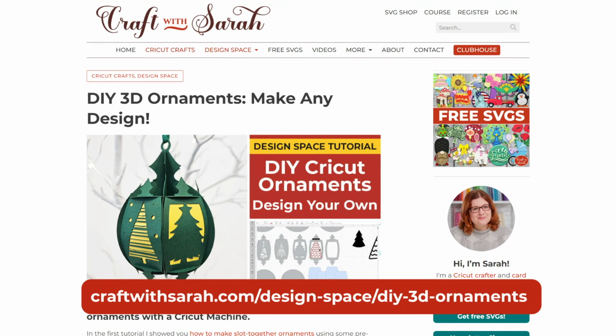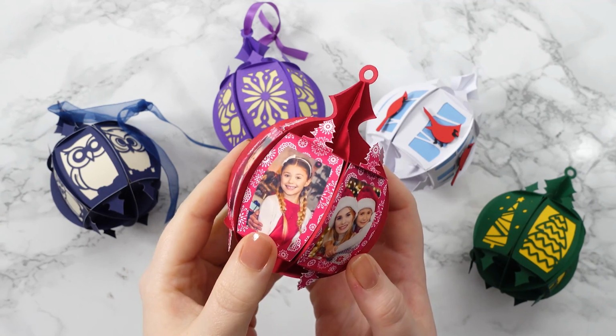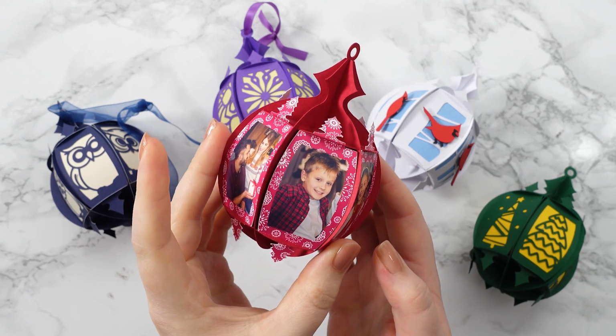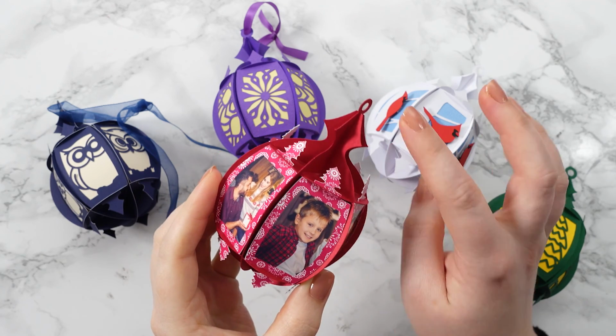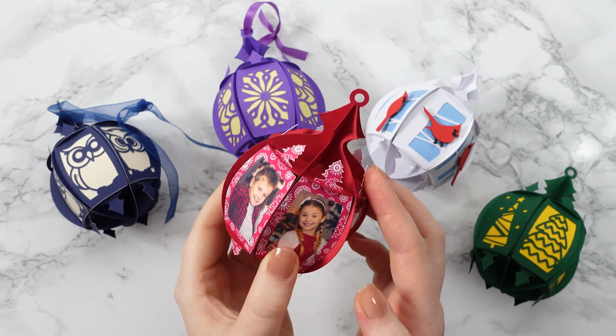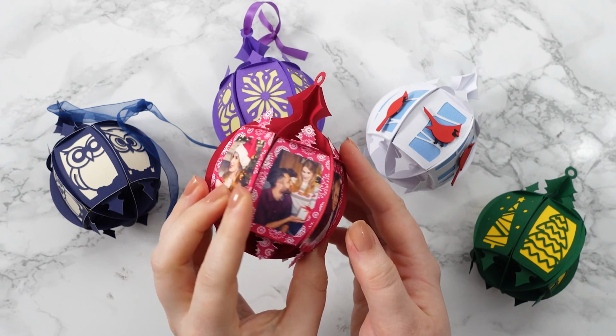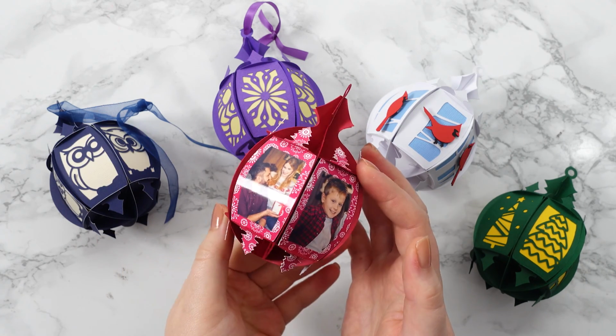So there we have it. That is our printable photograph ornaments. But before I finish, I'll just show you one more time what it looks like when it's all put together. Here's how my photo ornament looks when it's all put together. And you can see I've chosen a really similar colour card for the main structure that matches the pattern on my print then cut edges really well. So it all looks really cohesive and like everything belongs together.